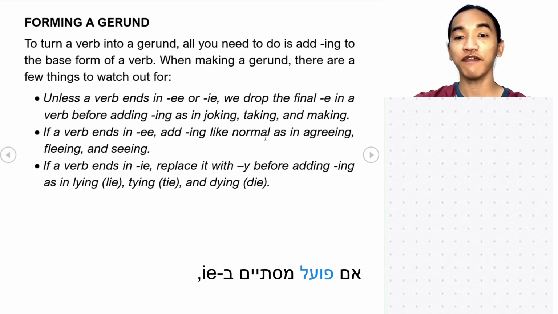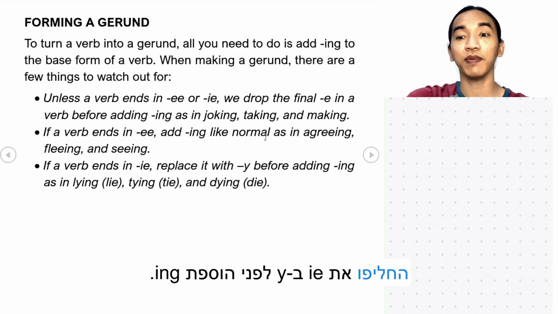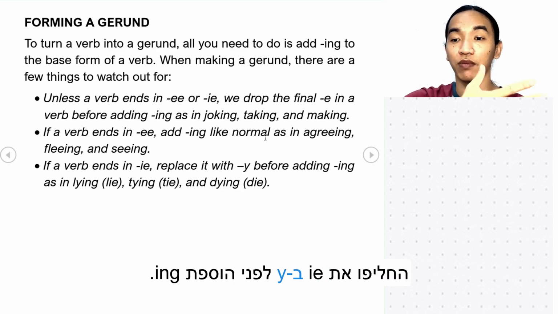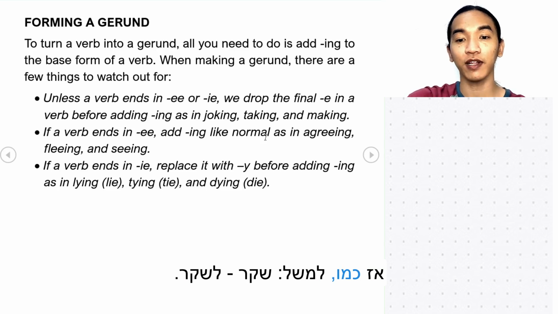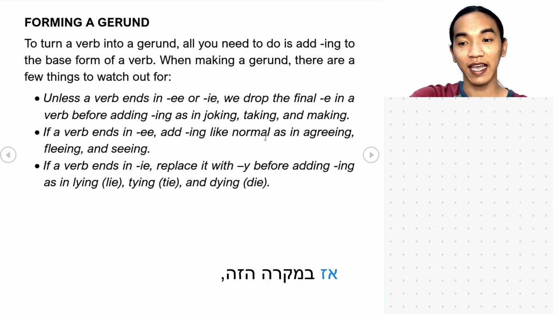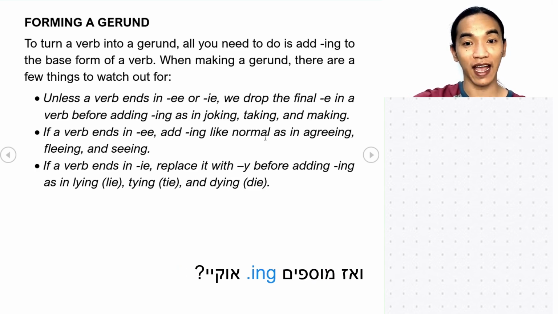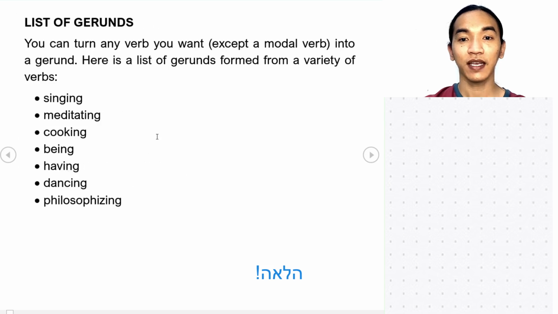If a verb ends in IE, what do we do? Replace IE with Y before adding ing. For example, lie, lying, tie, tying, die, dying. So, in this case, we just change IE to Y and then you add ing. Okay? Next,